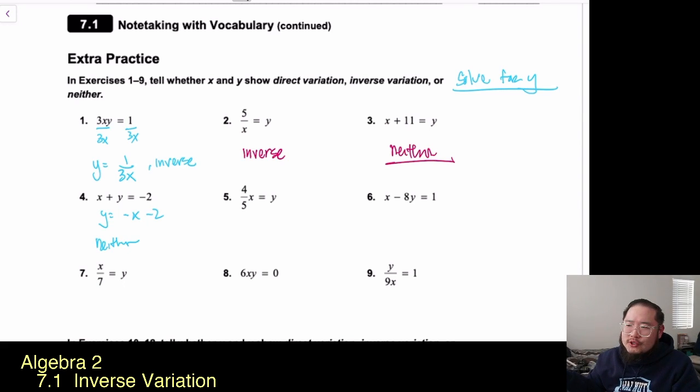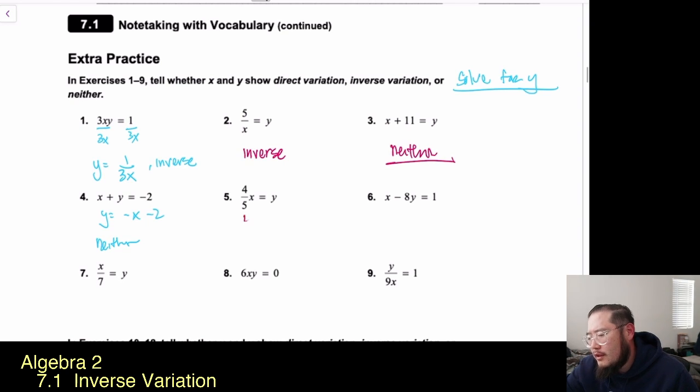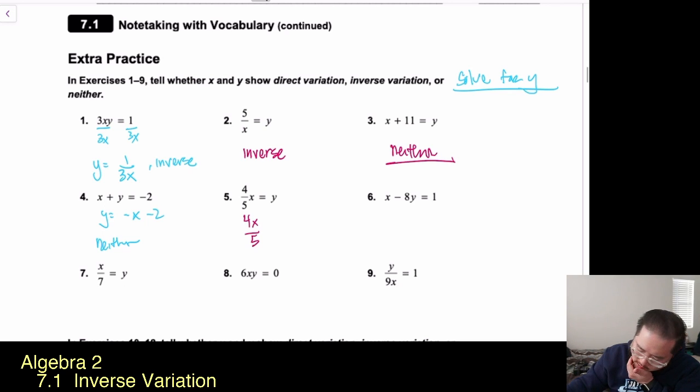Moving along, let's just truck through right here. On number 5, I've got 5 is equal to 4 over 5x. Now, think about this. If I were to multiply the 4/5 and x, I could actually rewrite it as 4x over 5. They're the exact same thing. Okay, so if you look at it that way,